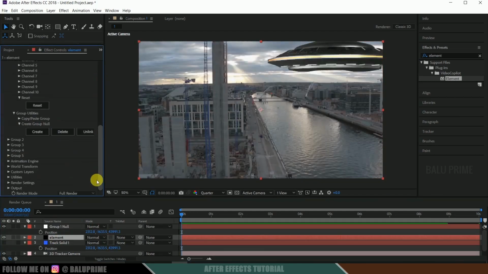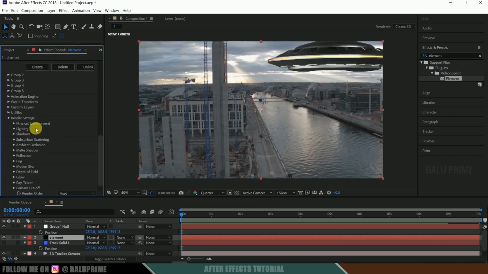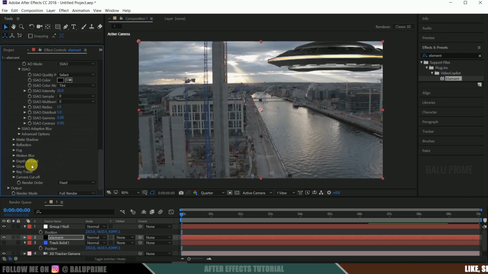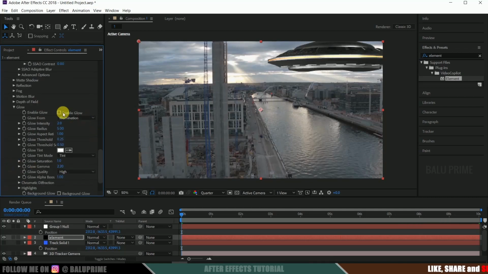Now let me select this element layer, scroll down to ambient occlusion, that is in render settings. Click on this render settings, ambient occlusion, enable ambient occlusion, intensity 25, and let me go to this glow, enable this glow, let me reduce this intensity to 1 or else 0.5 would be fine, I think. Okay,